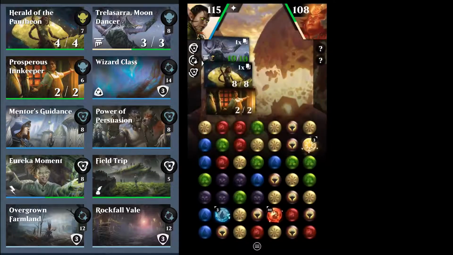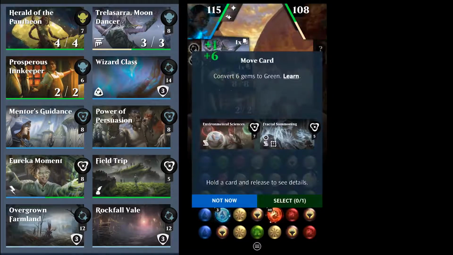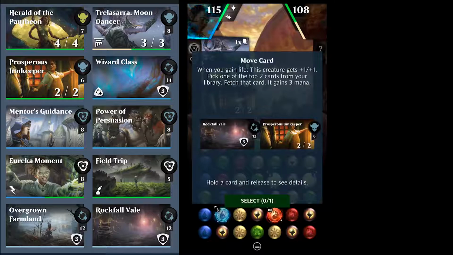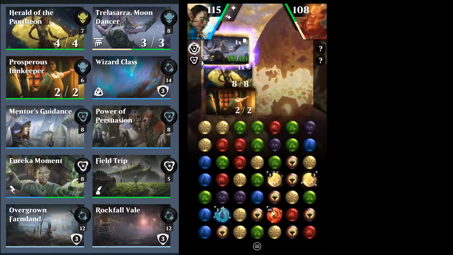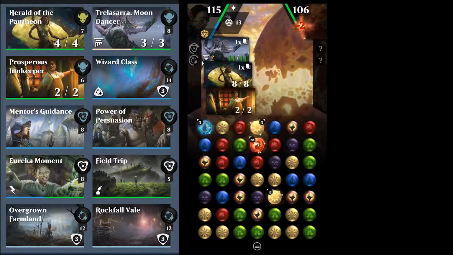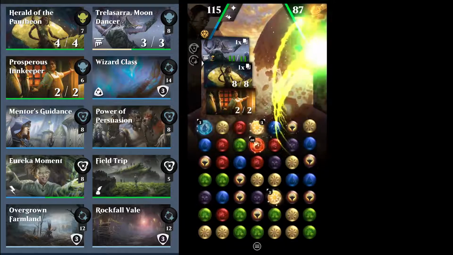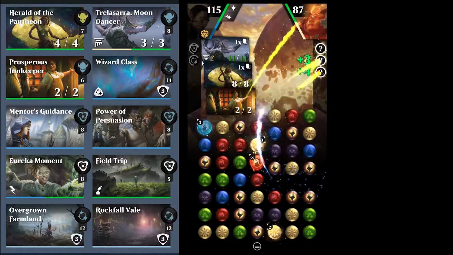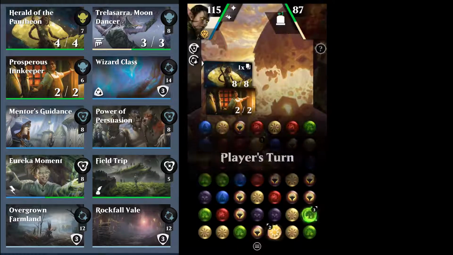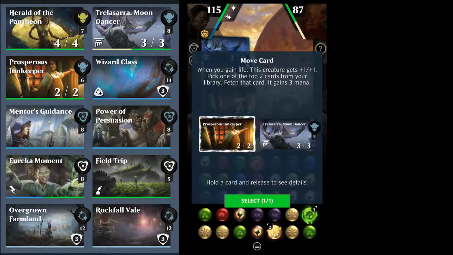Got Field Trip. Environmental Sciences. So you can see the nice thing about this is that most things will help me gain life, which means I'll get to trigger that creature's ability. Oh, shoot. Oh, man. You have to go and do that. Well, this is